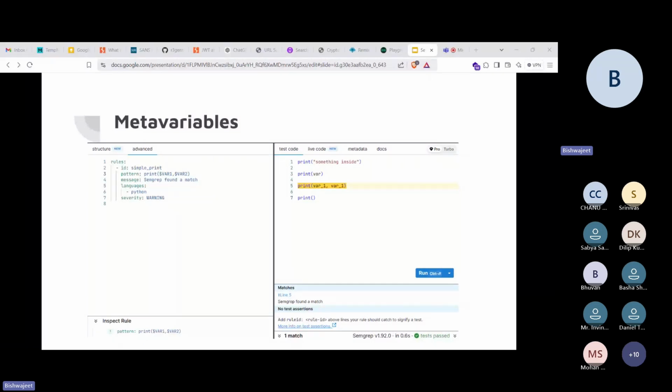So a metavariable is a placeholder that matches any part of code. Similar to variables, it allows you to capture specific code elements dynamically and reuse them in rules. Say I want to match a variable which is present in the code, or I want to match